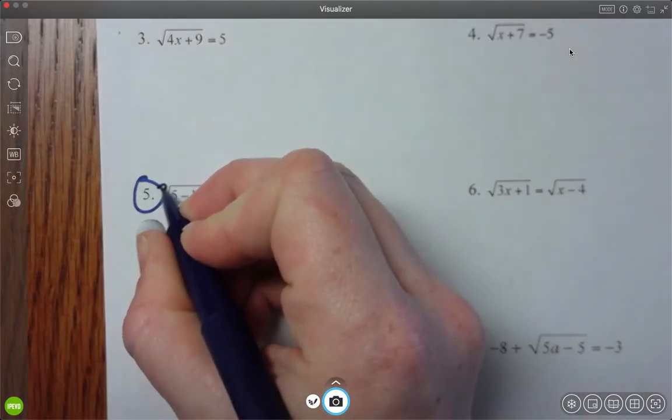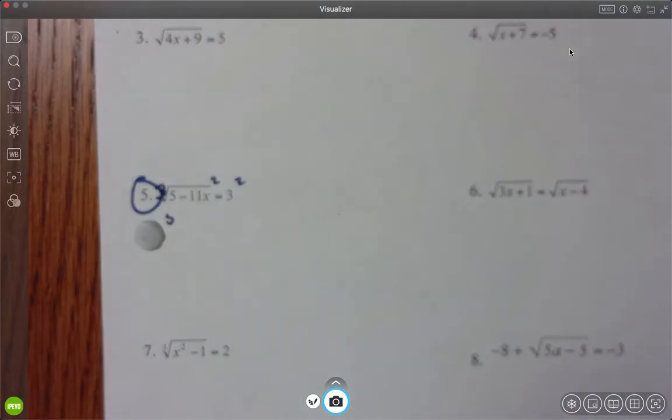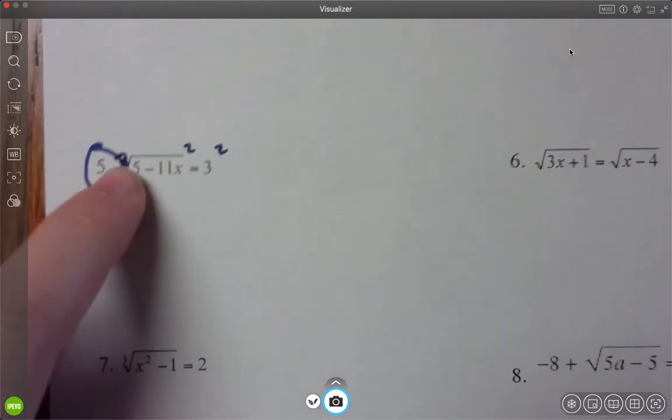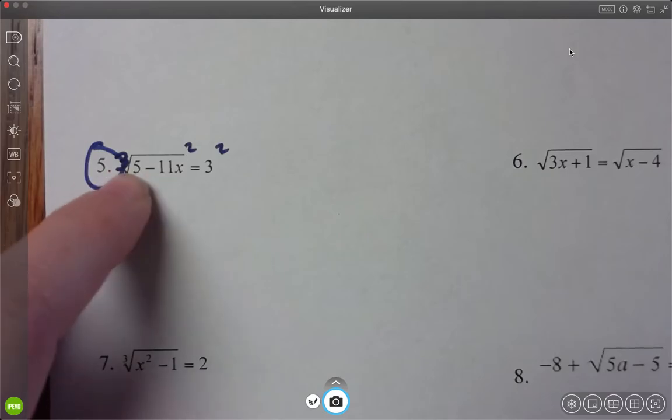Do you see this little 3 right here? I've kind of circled over top of it. Sorry. That's why I circled this question. Huh. It's not exactly the same as number 2. This is a cubic root. That's important. Okay, so to get rid of a cubic root, what I have to do is I have to